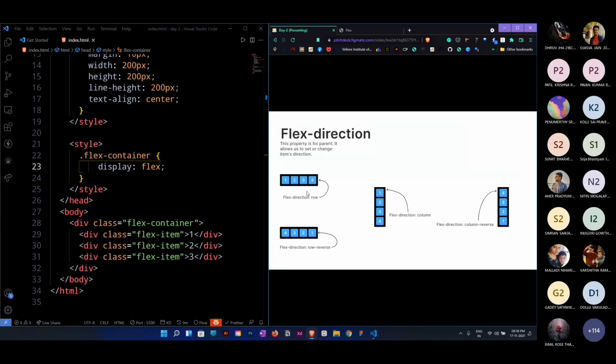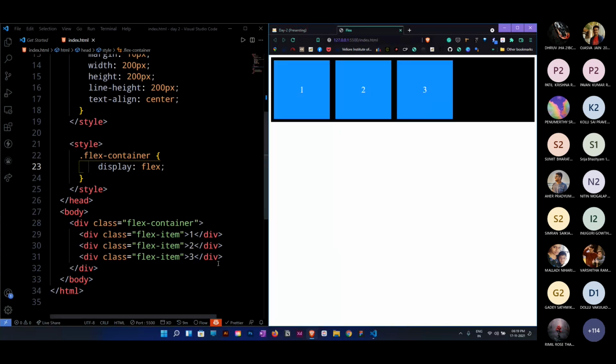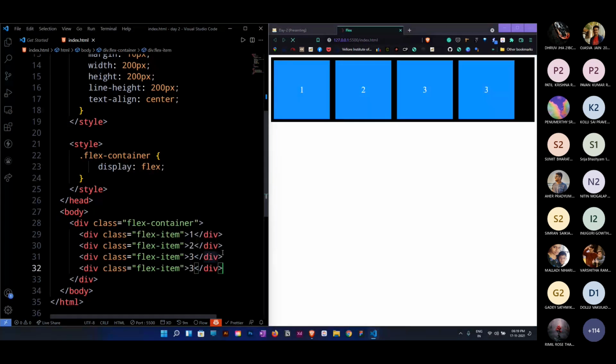If you observe the first diagram over here, I can't zoom it again, it's in a row: 1, 2, 3, 4. These are in the same way. 1, 2, 3. Cool.